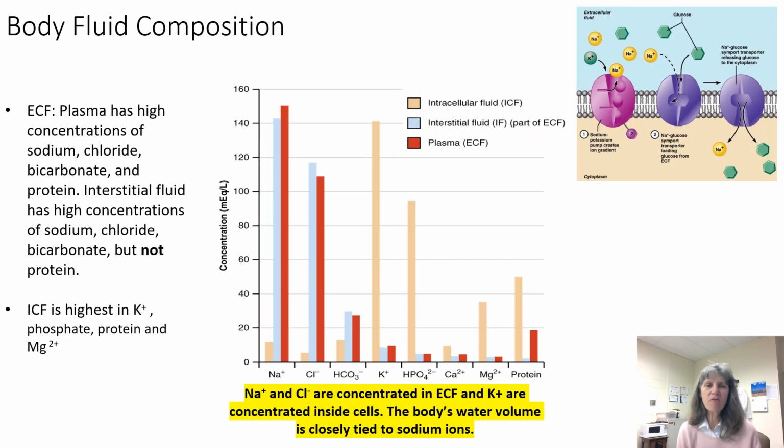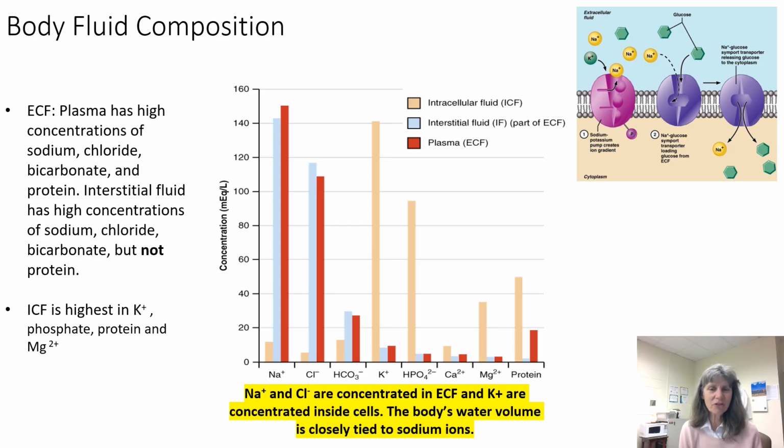If we look at this graph of body fluid composition, you'll notice that there are different solutes at the bottom of the graph, such as sodium, chloride, bicarbonate, potassium, phosphate, calcium, magnesium, and protein, in that order. And those are measured in concentrations of milliequivalents per liter. If we look at the comparisons of intracellular fluid on the far left of each solute, versus interstitial fluid, which is part of extracellular fluid, in the middle, and then plasma on the far right of each solute, which is also part of the extracellular fluid,